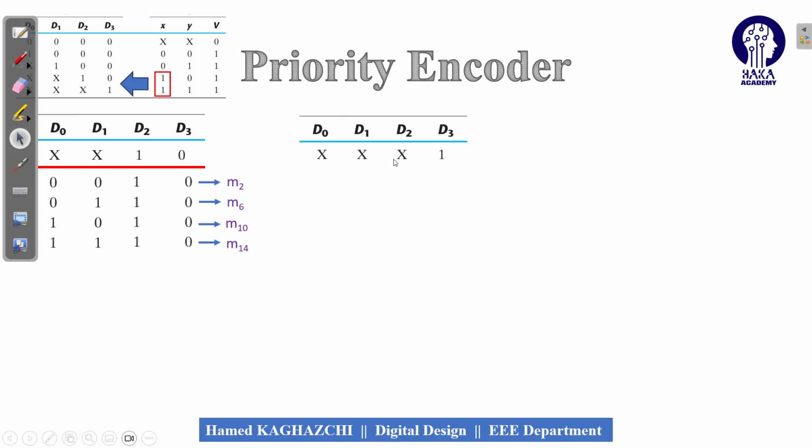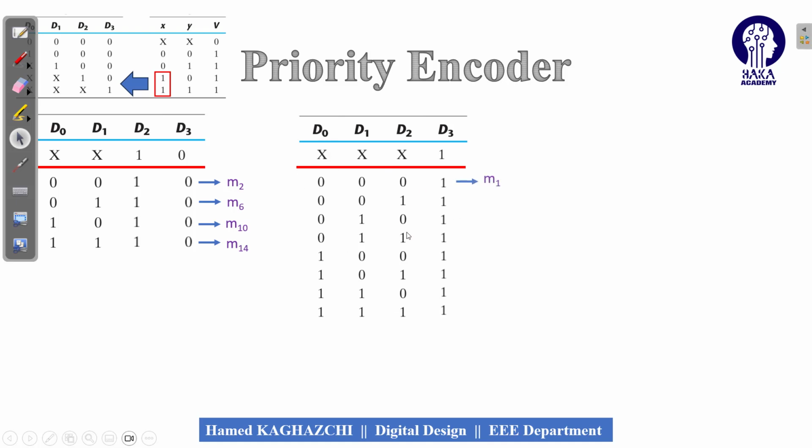We have 3 x's, it means that we have 8 possible combinations. The D3 is 1 constant, and we have to write all possible combinations for 3 bits. Now again, we can see that this is M1, M3, M5, M7, M9, M11, M13, and M15. Now we can say that instead of this one, we have to write M1, M3 up to M15 in the